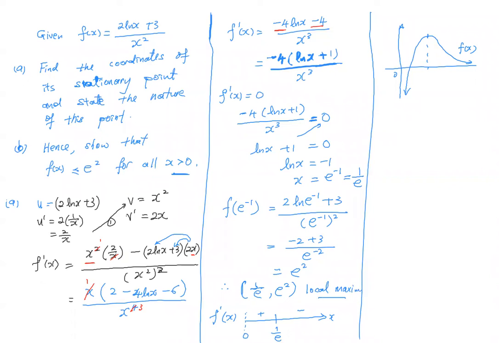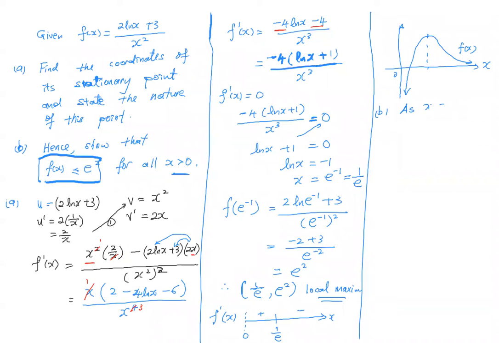Okay, I want to prove that this is also the global maximum. You see or not? That is this part. So how to do that for part B? Okay, this is part B, very important. For part B, I must study the nature. I have only one stationary point. I want to know when it approaches infinity, whether it goes down or not, or whether it goes up again. I don't know. So what I do is, I will say as